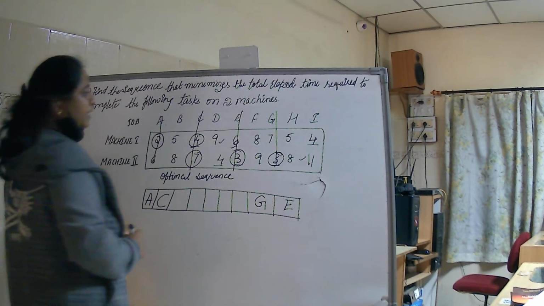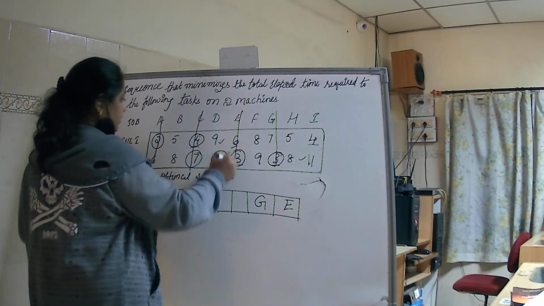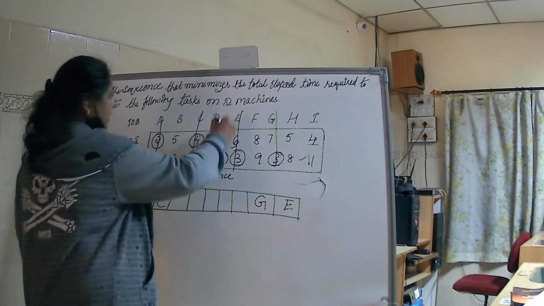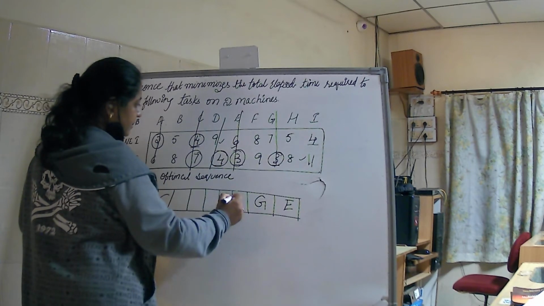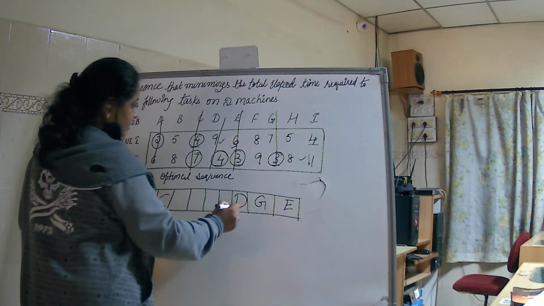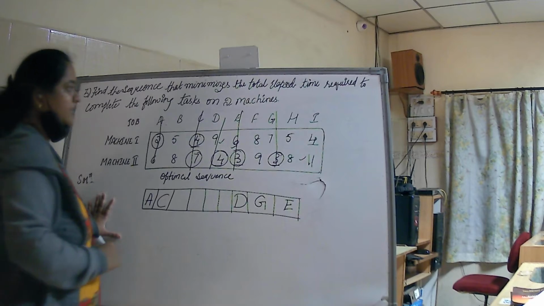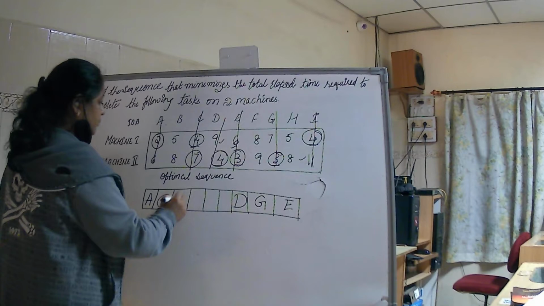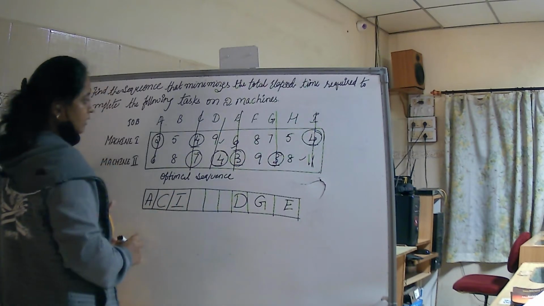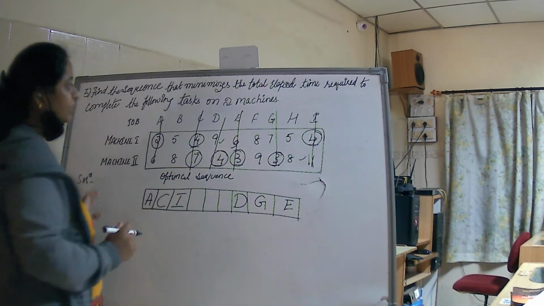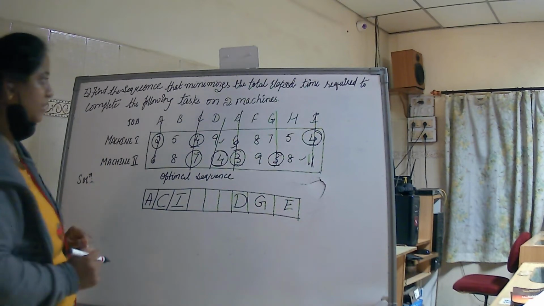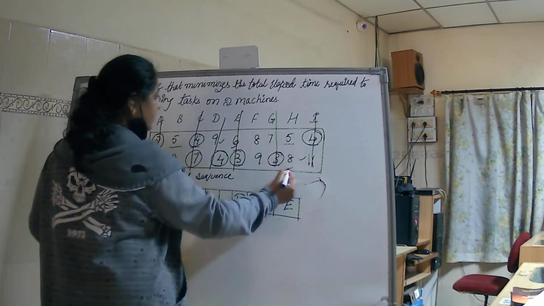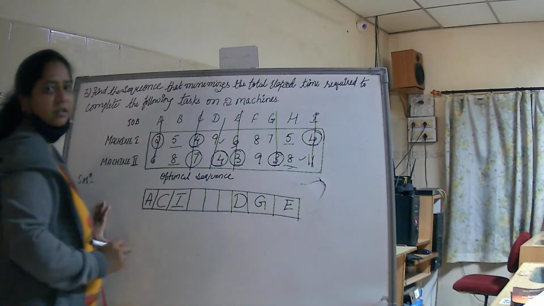Then the next minimum is 9 because it is for machine B or 2. I can say it for D. I am cancelling this column and writing it towards my right hand side. Then the next is again machine 1, so I write it towards my left hand side. Now the 4s are completed. Now you can see 5 is repeating here, so both the values are same: here 5 and 5, here 8 and 8.